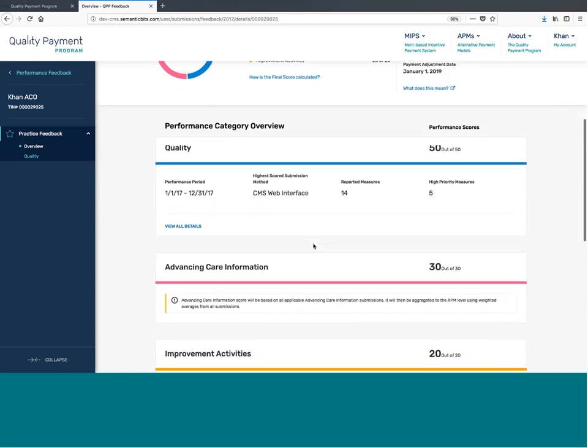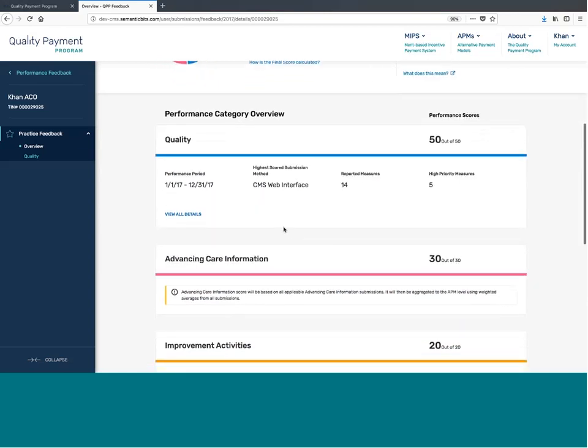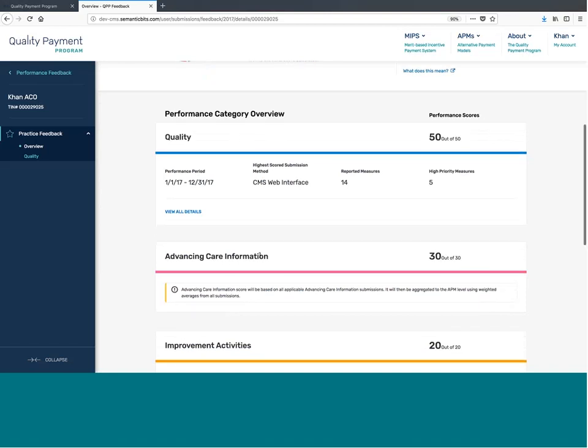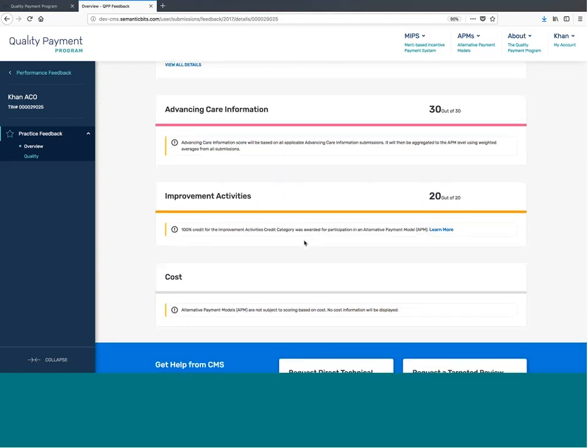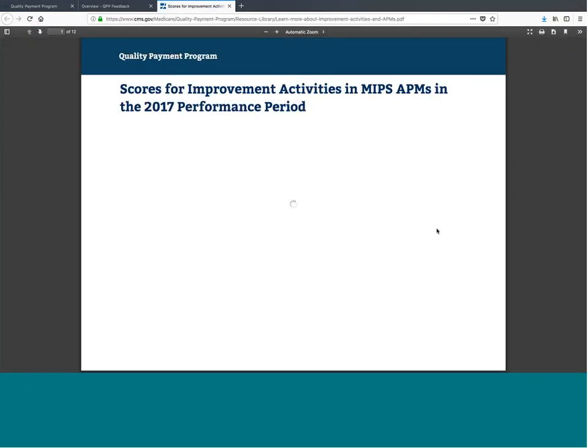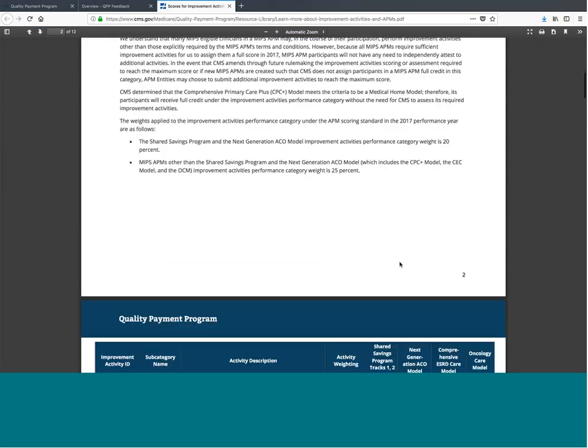For this user, we'll be able to navigate in to view our CMS web interface submission. Advancing care is aggregated among all APM participants and no additional information is available, aside from the score, which is listed at the top. For APM participants, they receive 100% auto credit for the improvement activities category. This is listed here. If there are questions around what improvement activities apply to which APMs, you can click on the Learn More button,